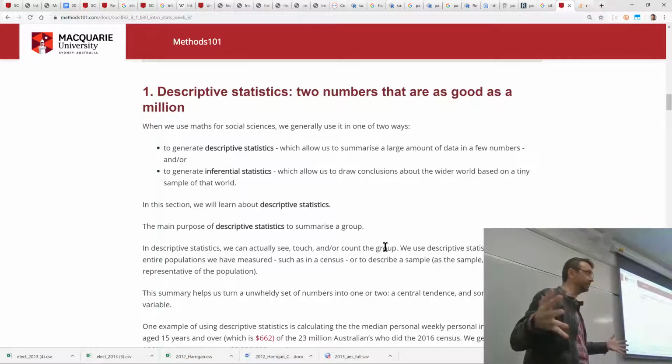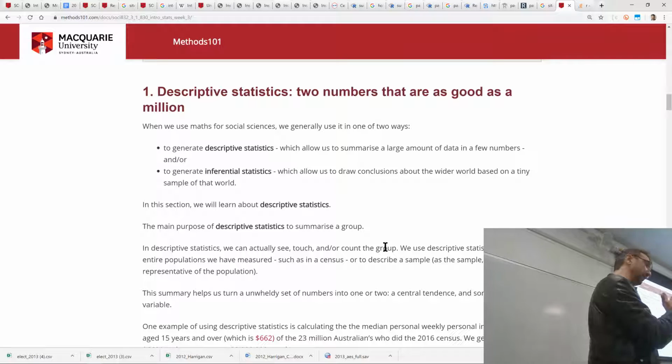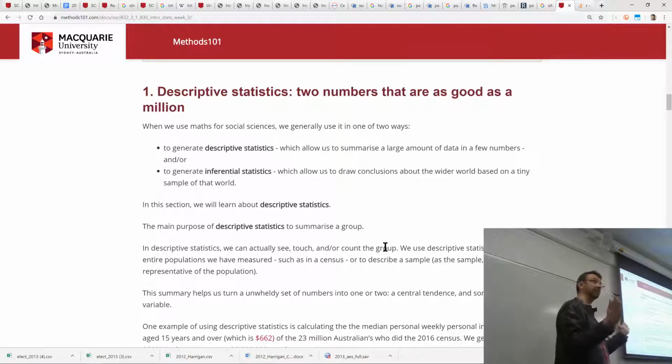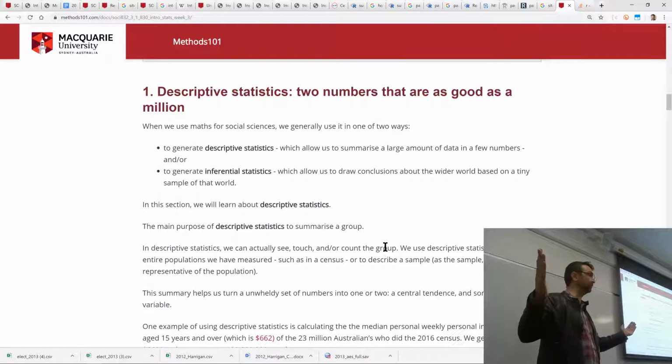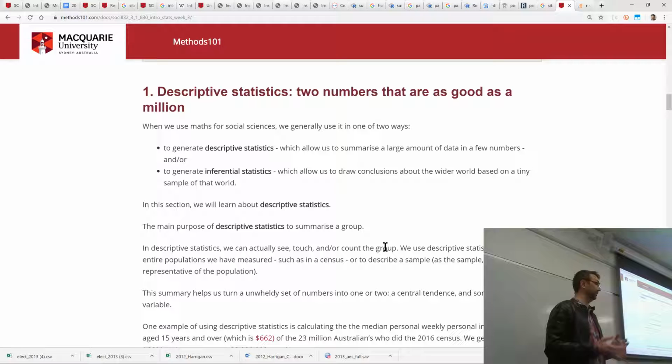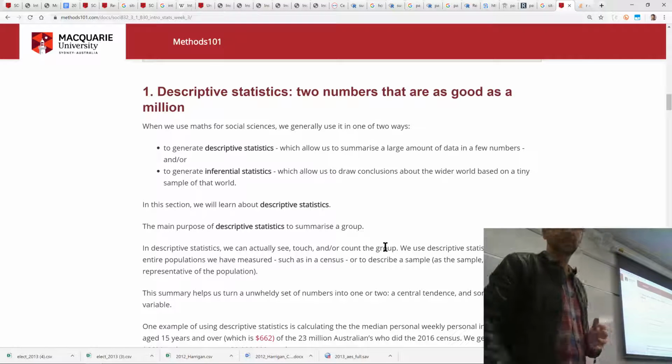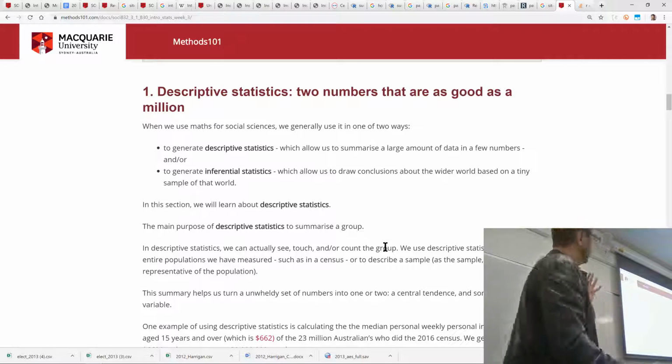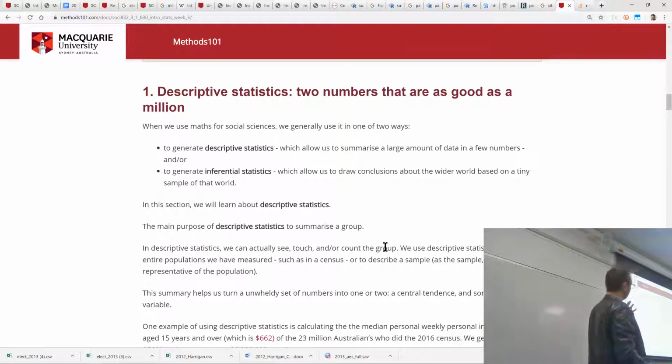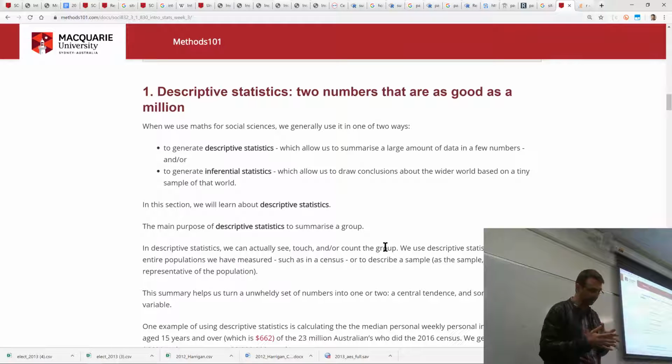So how dispersed is that set? Is it everyone all around the same number? Are we all drinking the same number of coffees every day? We vary between 0 and 10. I don't know. The other thing to note about descriptive statistics is, and we're going to come to this a little bit later, but I'll say it now to place it in your mind,